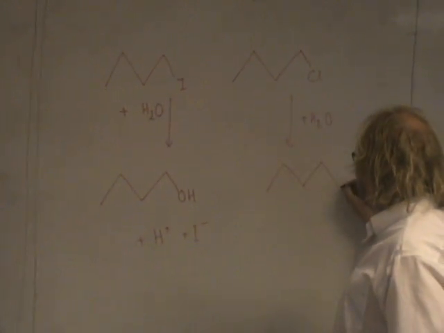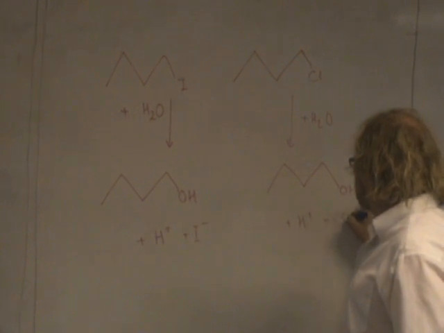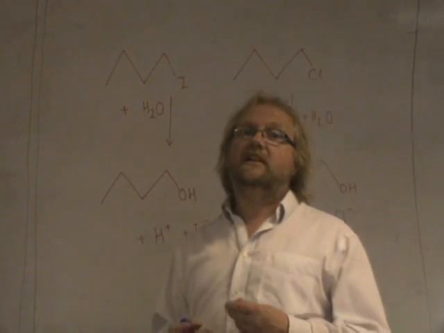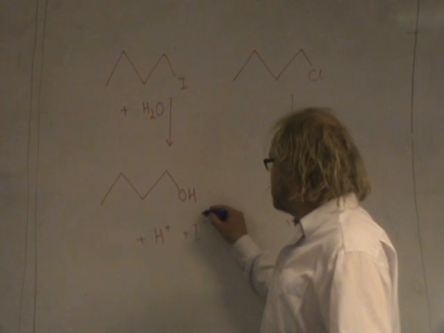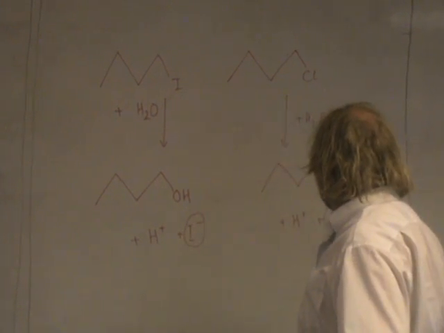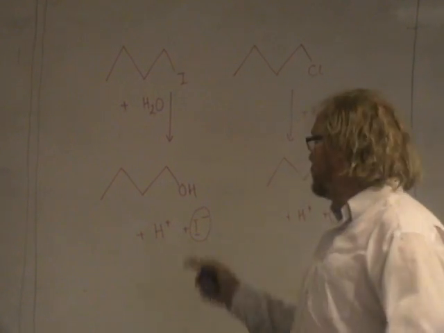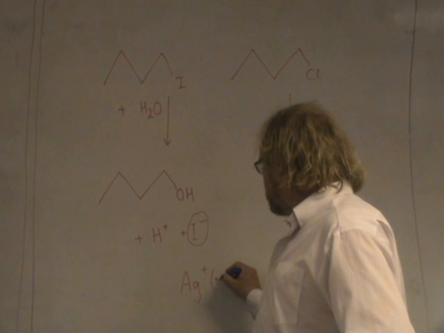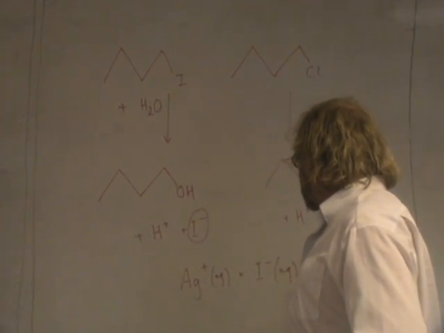Again produce butan-1-ol plus H plus Cl minus. Now what you do is you do this reaction not just in water but in aqueous silver nitrate, because then as soon as these halide ions are formed, they react with the silver ions and precipitate out the silver halide. So for example with I minus you get this reaction, Ag plus I minus goes to AgI,